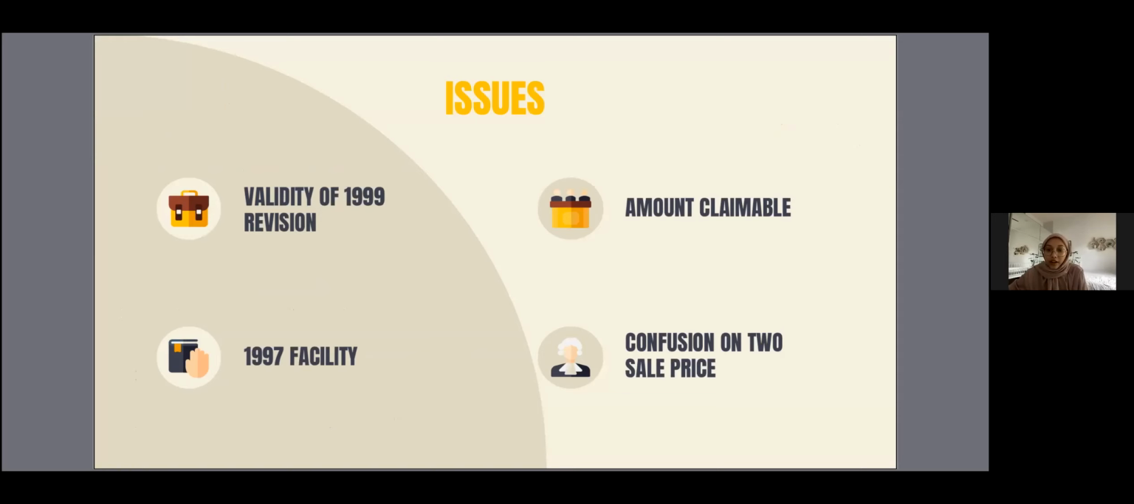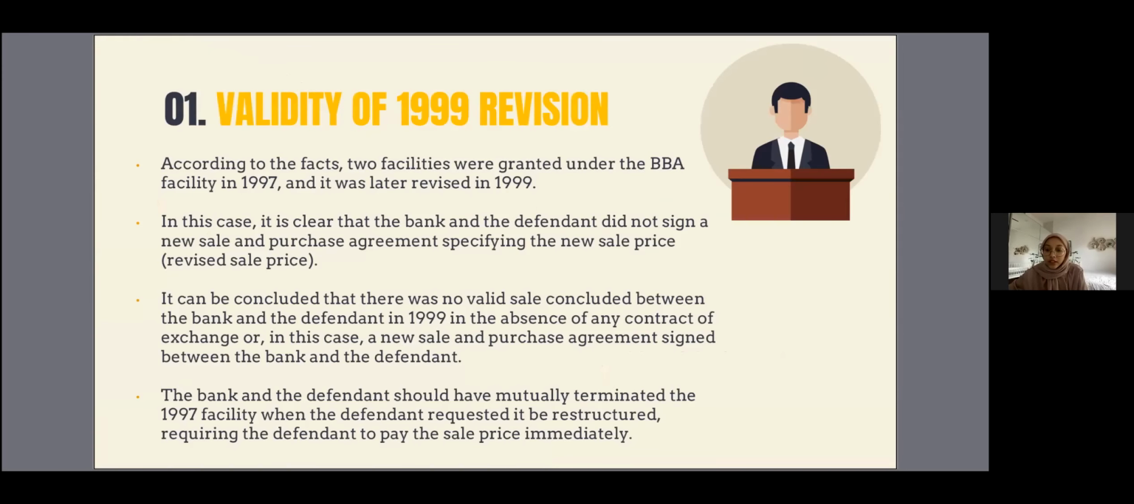Okay, so there are 4 issues identified in the case. Firstly, validity of the 1999 revision. Secondly, the 1997 facility. Thirdly, the amount claimable. And fourthly, conversion onto sale price. So we will be looking into each issue. So the first issue is the